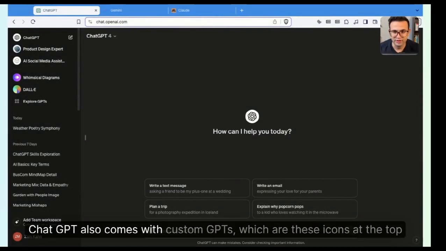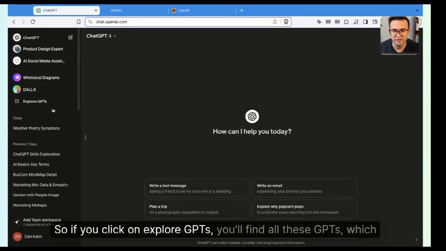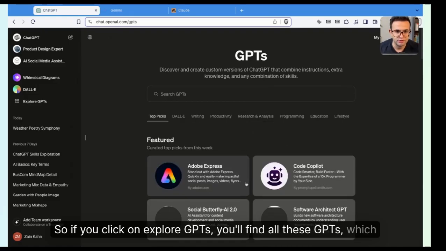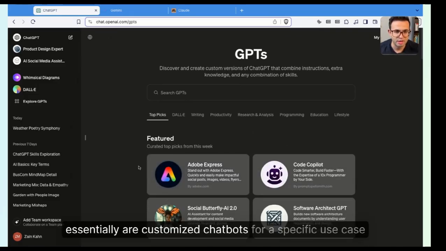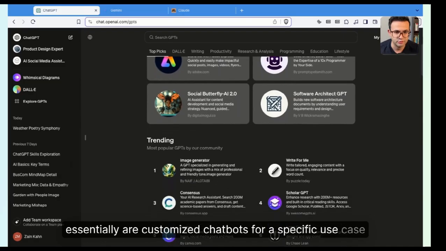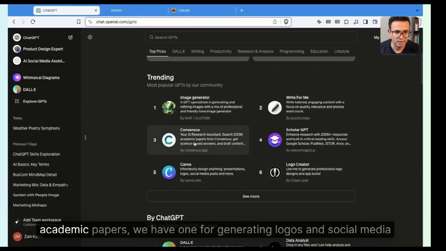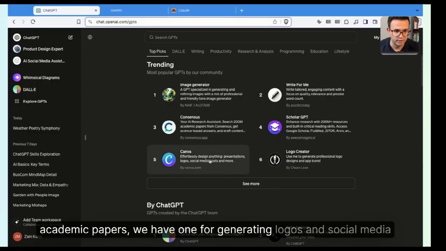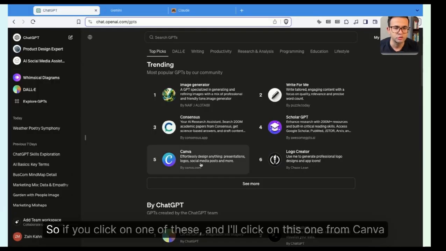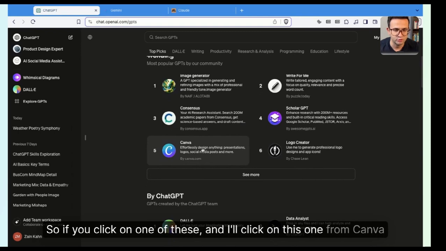ChatGPT also comes with custom GPTs, which are these icons at the top. So if you click on Explore GPTs, you'll find all these GPTs, which essentially are customized chatbots for a specific use case. So for example, we have one for an image generator, we have one for academic papers, we have one for generating logos and social media posts. So if you click on one of these, and I'll click on this one from Canva,